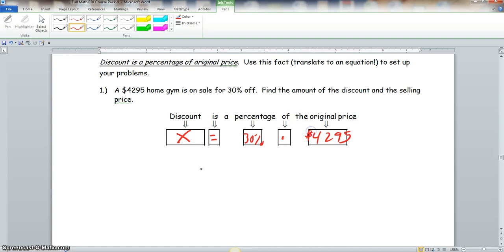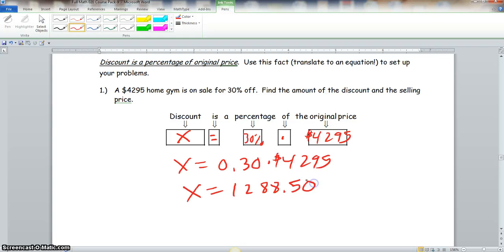$4,295. So we add X is equal to 30%, which is 0.30 times $4,295. So X is equal to, now we'll take 0.3 times 4,295, which is equal to $1,288.50. Now, we know that this is the discount, but now we want to find out what the selling price